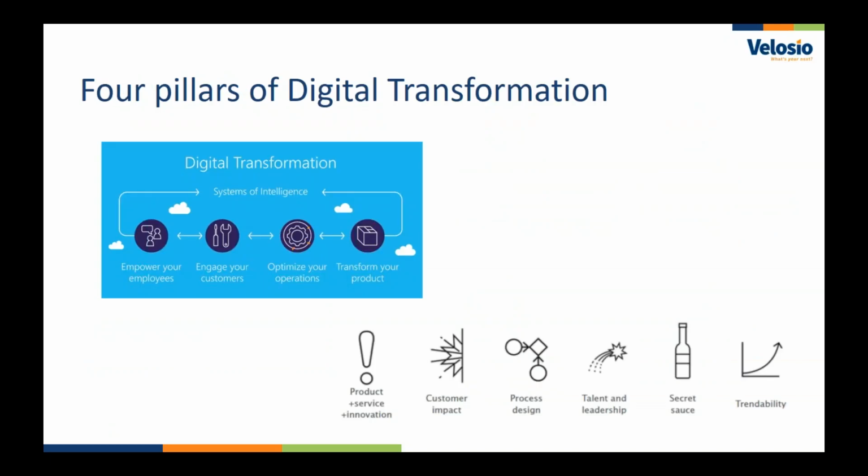Starting out, and what I started with yesterday as well, is this digital transformation idea. In the industry, whether it be Microsoft or analysts like Forrester or Gartner, people talk a lot about digital transformation. And when we think about digital transformation aligned with Microsoft's visions and strategies, it really is these 4 key pillars.